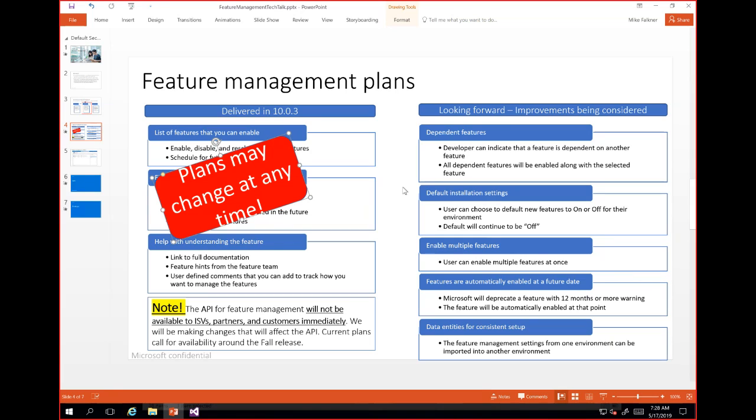Someone was asking what happens if a feature requires a data update to existing data. I mentioned that the configuration forms is still a place to do that. So the question is if there's a data update required, one of the things we're looking at in the future is to let you configure that as part of this feature as well. But what'll happen on feature management today is if you have a feature, but it also requires kind of